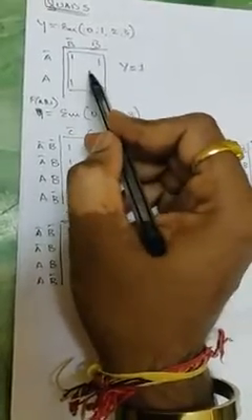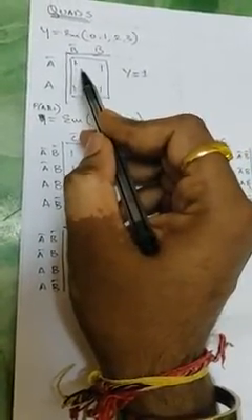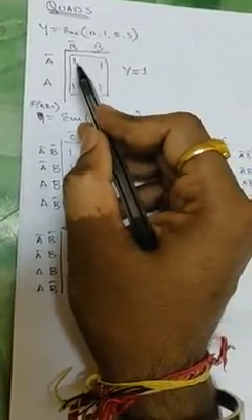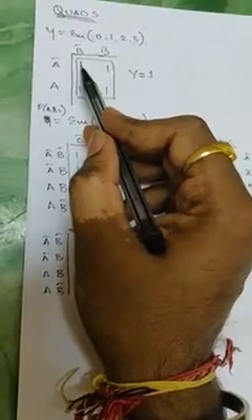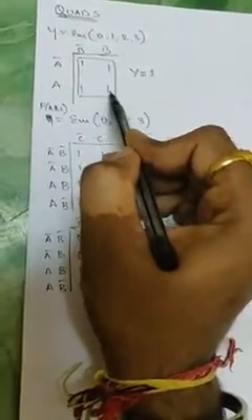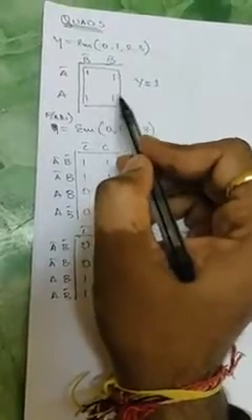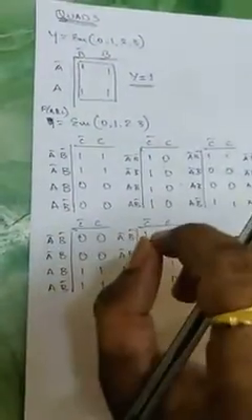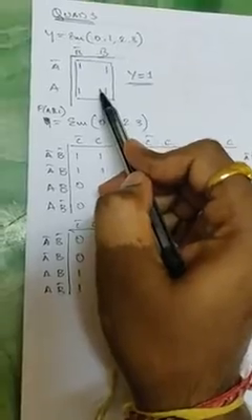So we have only 4 positions with respect to the 2 variable k-map. If you want to make a quad with respect to a 2 variable k-map, then the k-map should look like this, meaning all of them should be ones. So then you can make a quad like this. A quad is nothing but 4 ones. If you make the 4 ones a group, a bar a cancels, b bar b cancels, and the final remaining thing is y is equal to 1. So this is the only possibility with respect to a 2 variable k-map where a quad is possible.